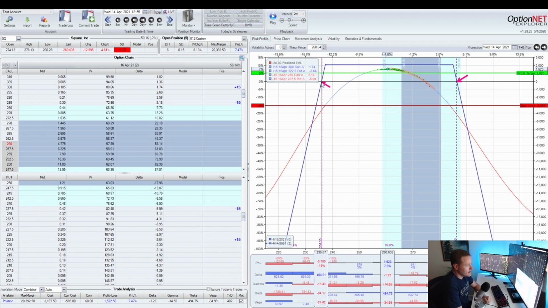So you're looking at 235.87 there on the downside, which of course we shorted the 237.50 put. So you take into account the credit we received, so our break-even is a little bit better than that, but there it is. And on the upside, it's about around 286.36 or so. So obviously, if we hold this to expiration, we would really hope that Square stays inside of this